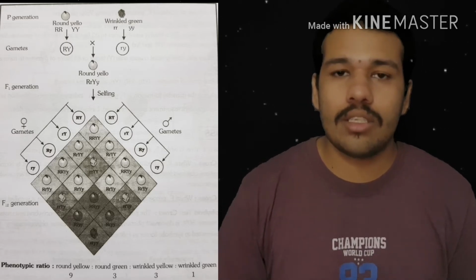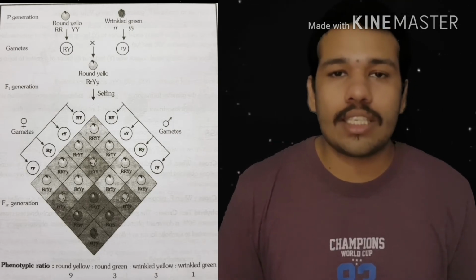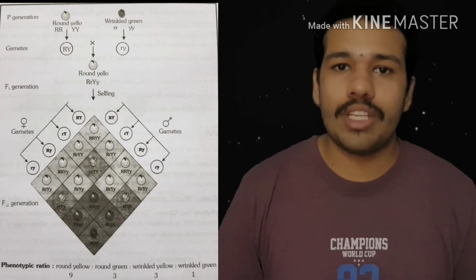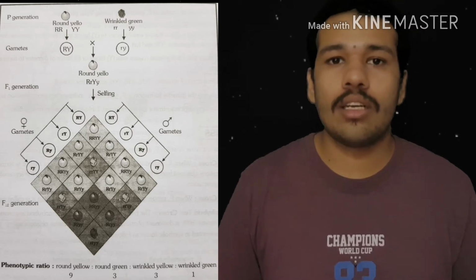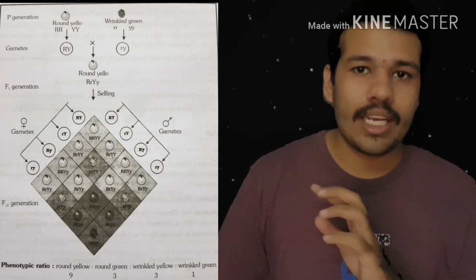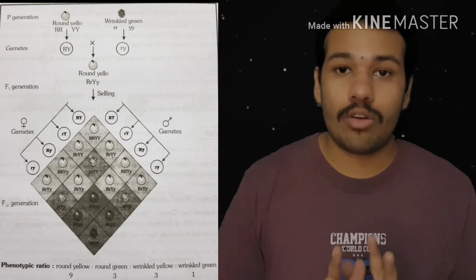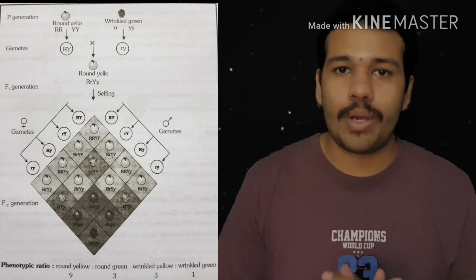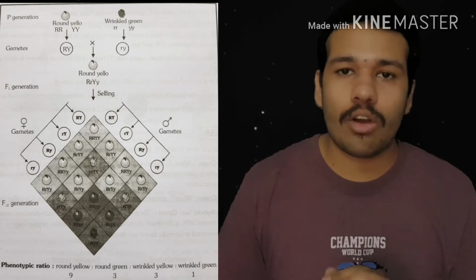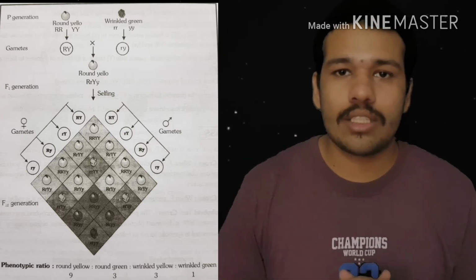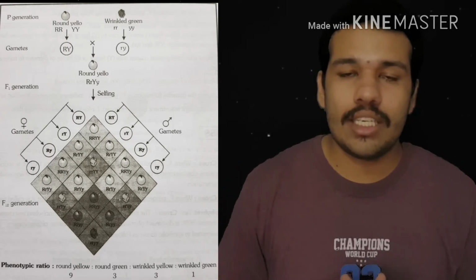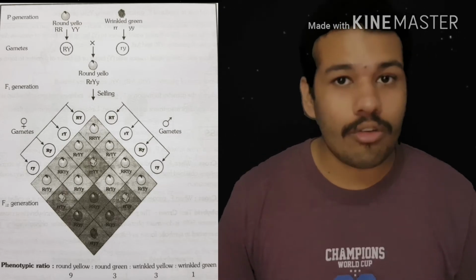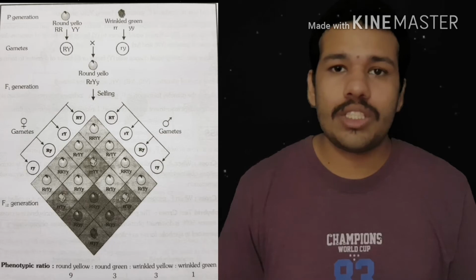Let's arrange. So first of all, let's start from the beginning. We take two parents, homozygous dominant and homozygous recessive. We cross those parents, get all the possible combinations of the gametes or the offspring. Now we cross these offspring in the dihybrid cross. Now we are crossing the F1 generation to get the F2 generation, so have a good look at that. We arranged everything accordingly and started multiplying. It's very simple, as you can see here, and when this is all done, we take out a phenotypic ratio of each and everything arranged here, which is